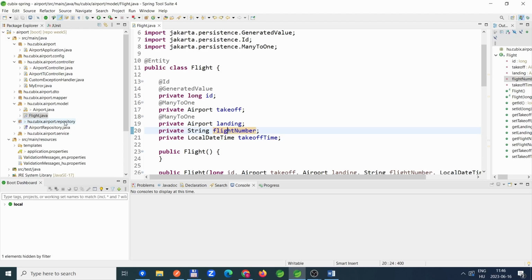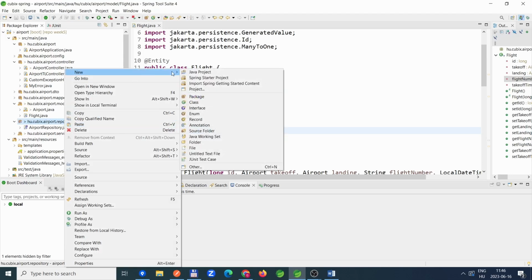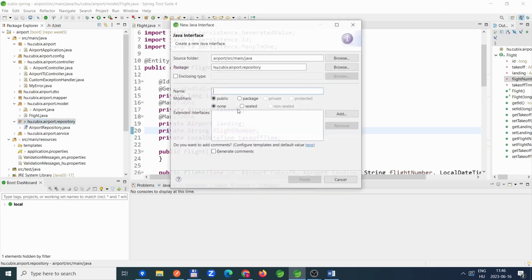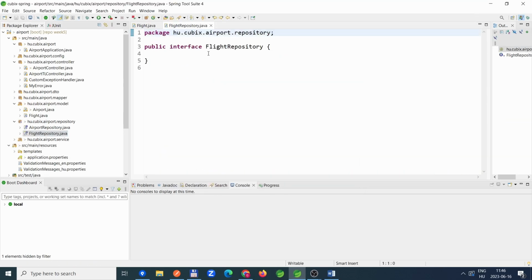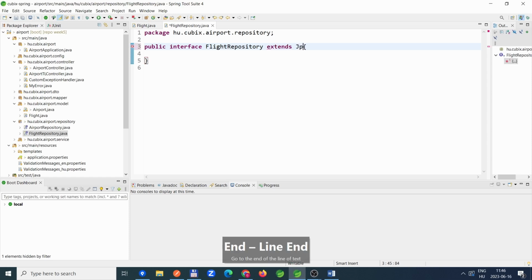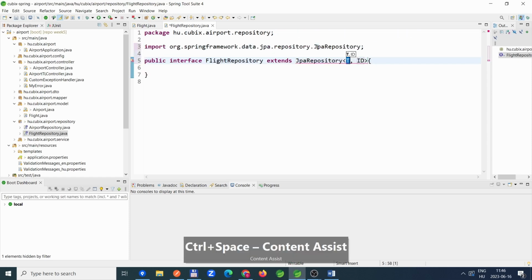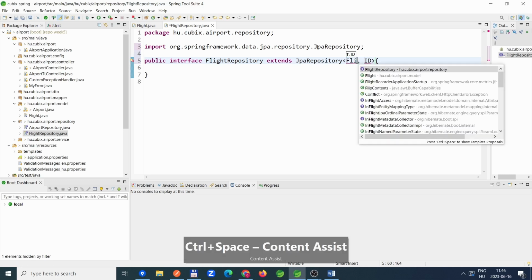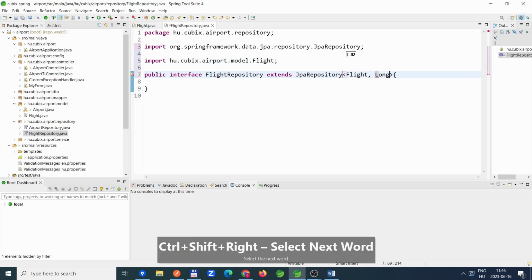Okay, I add now a repository as well to be able to do something with our flight. I add the flight repository. It extends the JPA repository of flight and long,